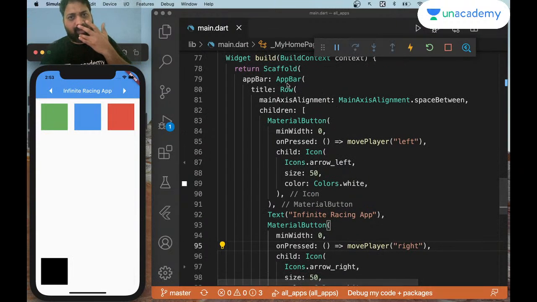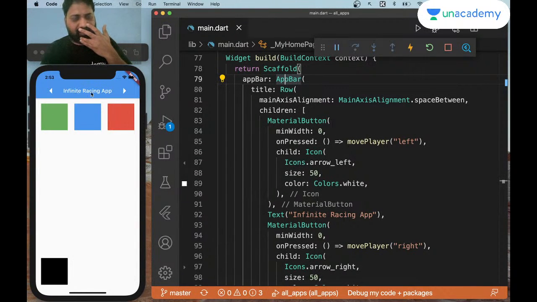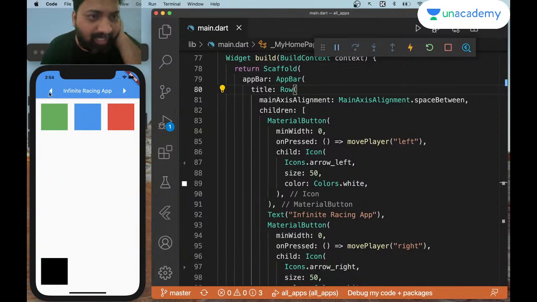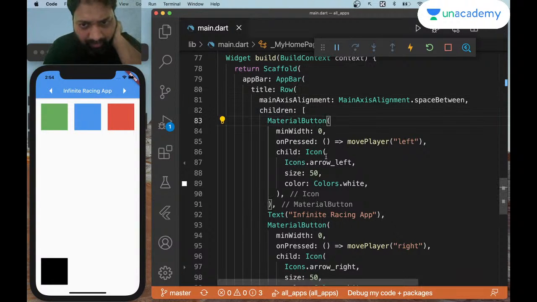I went to the app bar where it just said Infinite Racing App, and I said the title, I want this to be a row. That row contains 3 elements: the left button, the center, which is the Infinite Racing App, and the right button. On press of the left button, I said move the player to left. This is the syntax of writing it, where when you have to pass a variable, you have to write like this. So I did this, and